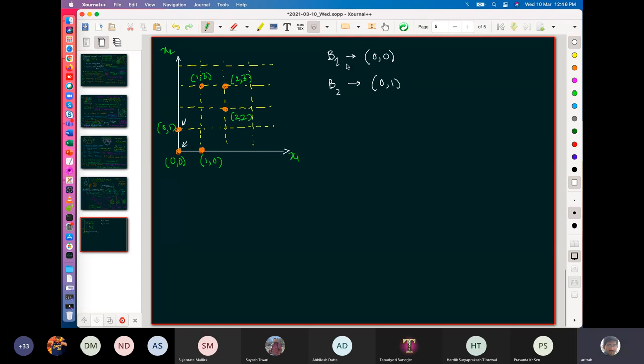Try to find the nearest among all the points that we have. So 0, 0 is nearest to itself, goes in here. 1, 0 is nearest to itself than 0, 1, because this distance is root 2, this distance is 1. I am taking Euclidean distance as my measure. So you can see that 1, 0 goes on here.